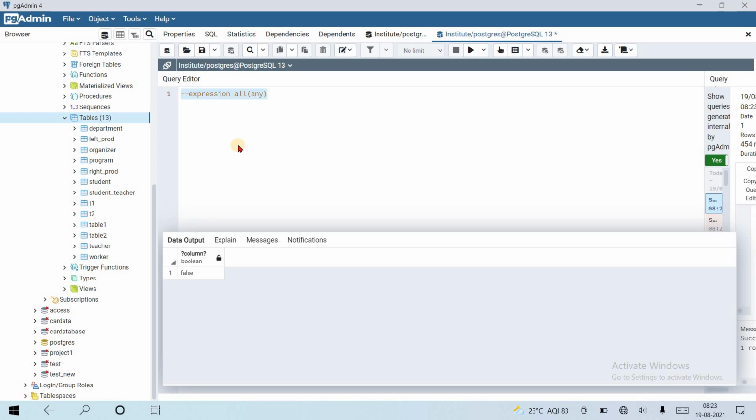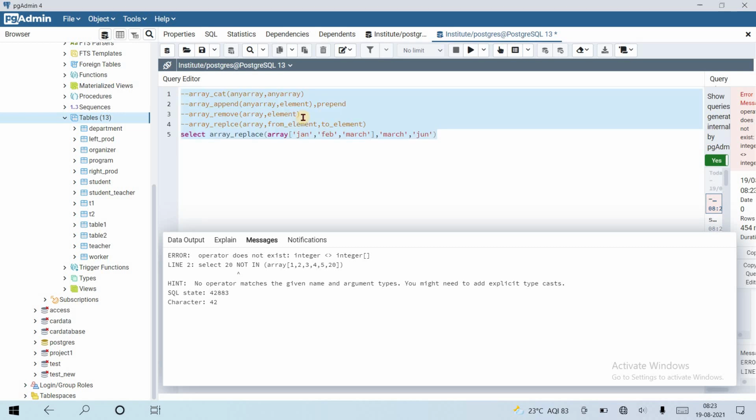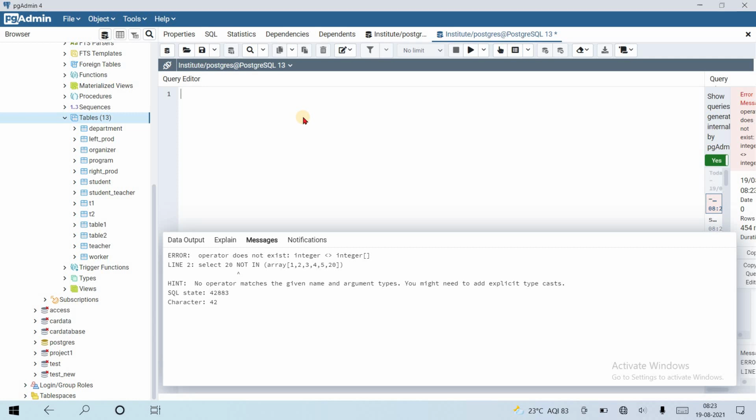Let's see the not in operator with an array. If I make this in parenthesized value an array, then it will return an error because it only wants values in parentheses. That's it. Another case: suppose the array has zero elements, how will it behave?